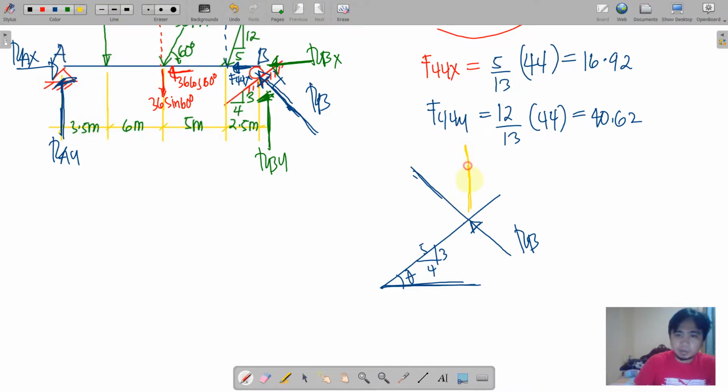Why? Because this component is perpendicular to the surface. We need to use this triangle actually. So if this is labeled as theta, okay,